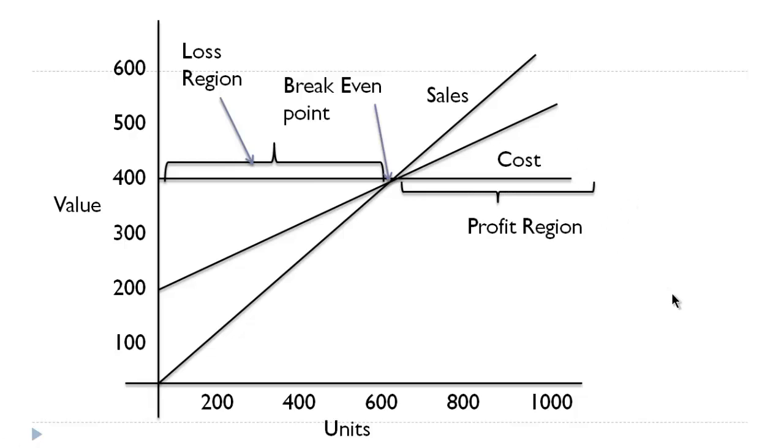So this is a simple diagram to understand the break-even concept. Here you have a line where the sales goes and here you have a line where the cost goes. In the initial period the cost is higher than the sales. Sales is below, cost is in the upper angle, whereas after the break-even point sales is on the higher side and cost will come down, or it will stabilize at a point.